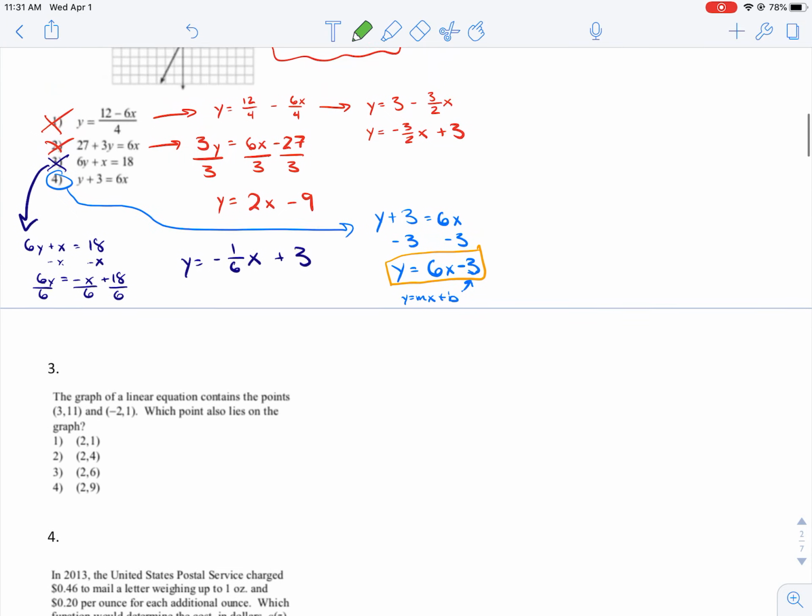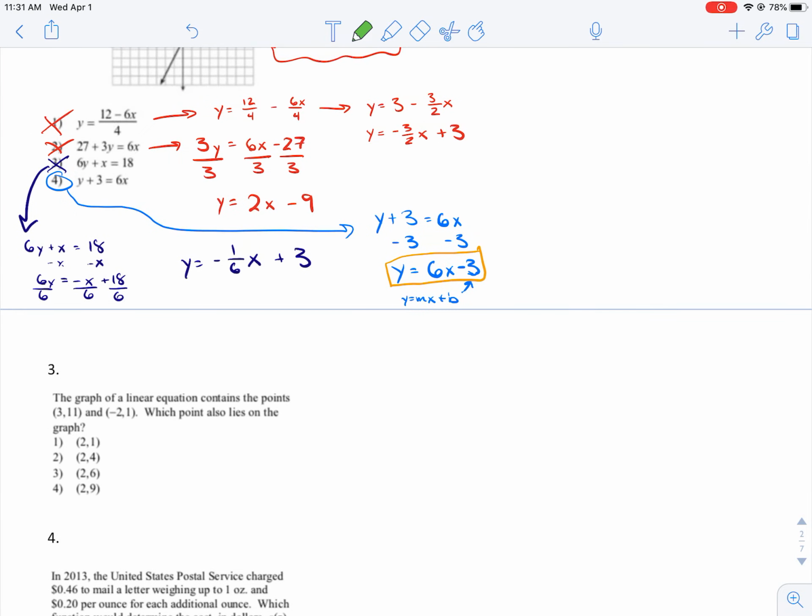Okay, so that is number 2. All right, moving along here. I'm going to switch colors up. I'm going to go to green. Okay, so